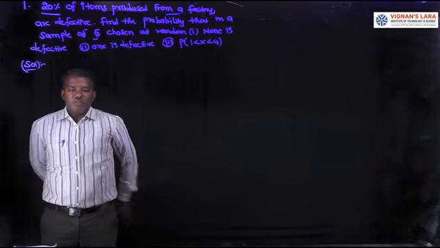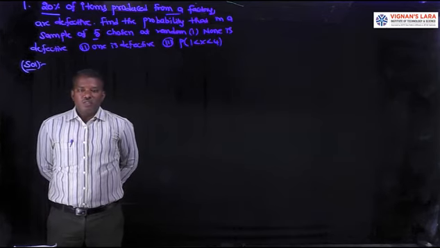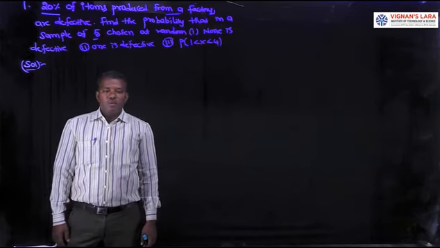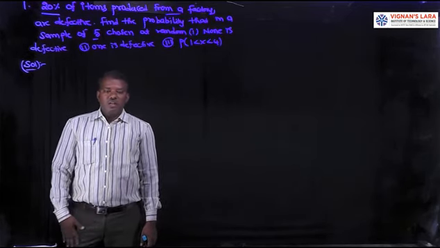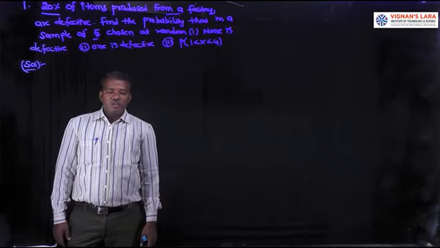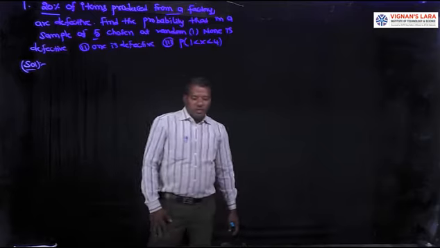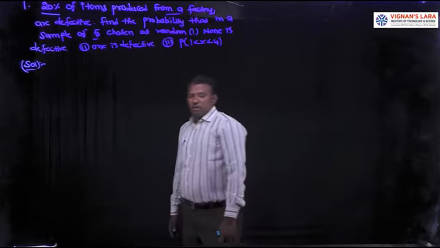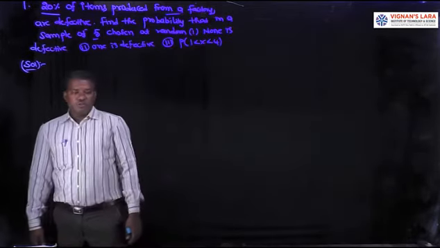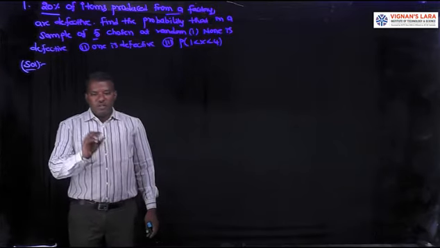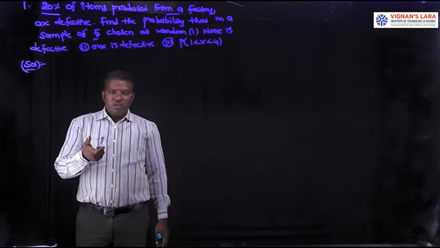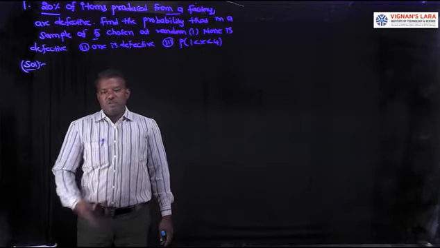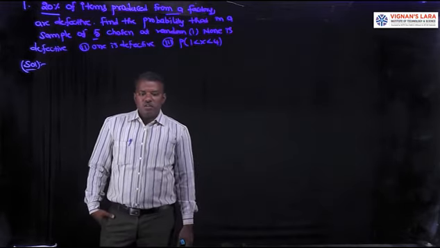What is binomial distribution? It is a discrete distribution and its distribution function is p of x is nCx, p power x, q power n minus x. N is the number of trials, p is the probability of success, q is the probability of failure, and p plus q is equal to 1. And x is the number of successes and n minus x is the number of failures. This binomial distribution is applied to any random experiment when n is small and p is large. N is small, that is up to 10 or 15 or 20, maximum 20. Otherwise we can apply Poisson distribution.